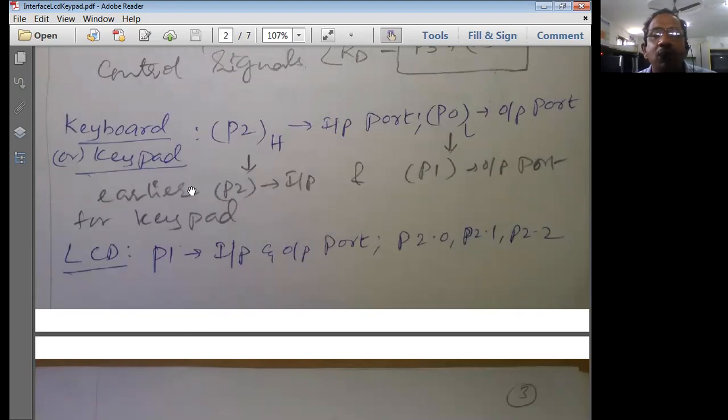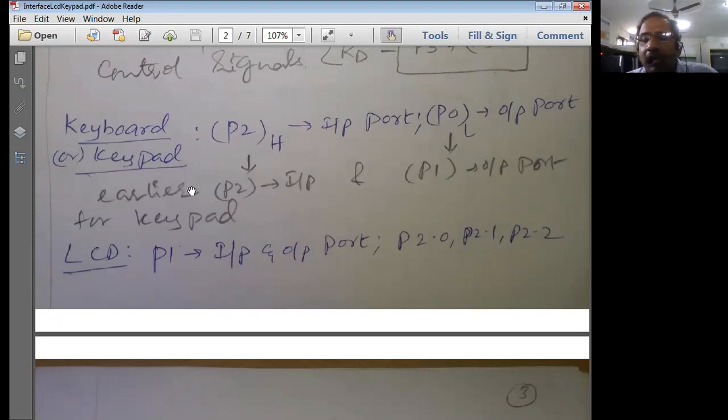So we are not going to touch port 3 at all. We touch port 3 only for the intended operations it has been suggested for. The port 3 utilization of the pins is a suggestion. If you want to follow that, it is up to you, or not to follow that, it is up to you.